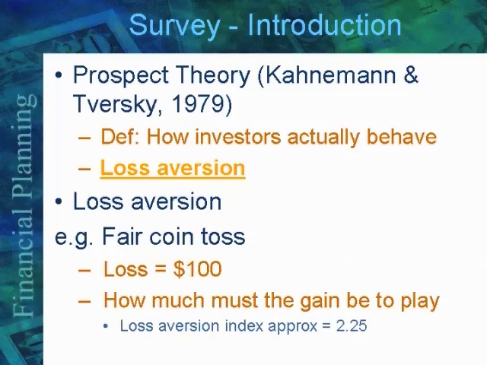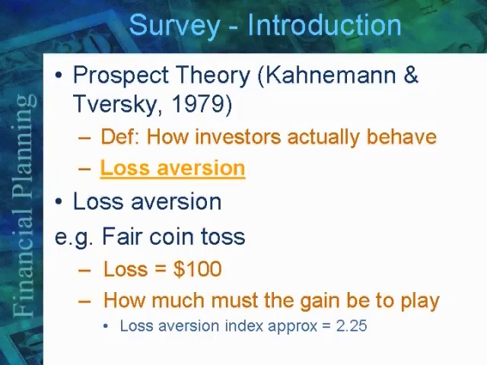And if you do that, however, think about it, you can't use standard deviation. So we are taking away the underpinnings of modern portfolio theory, which is why all this talk about behavioral finance not being right, etc. Because that whole idea of modern portfolio theory goes away. And here's an example of how loss aversion would work. Suppose you're playing a fair game, like a coin toss game. That's a fair game. A fair game is a gamble because the expected return is zero.